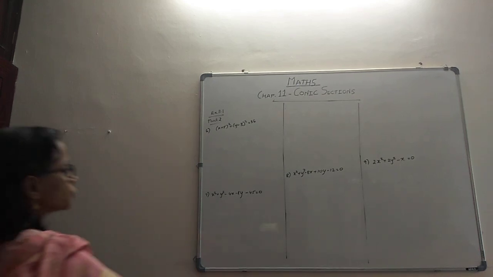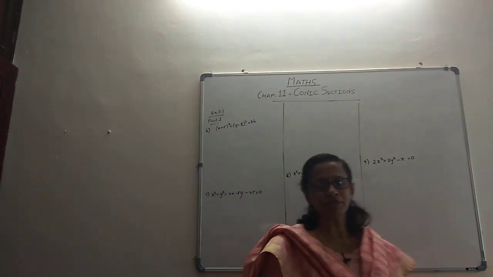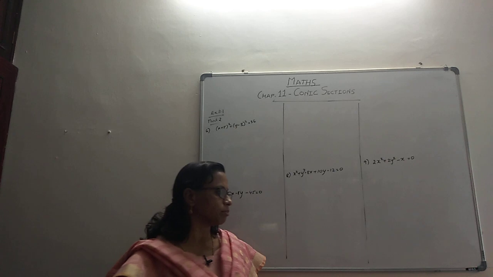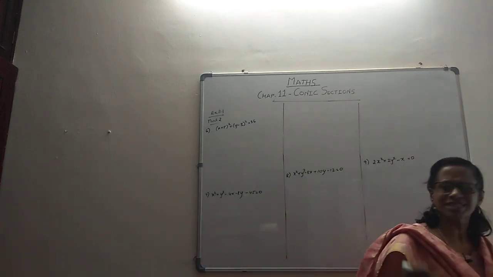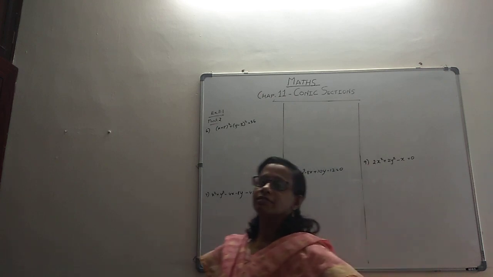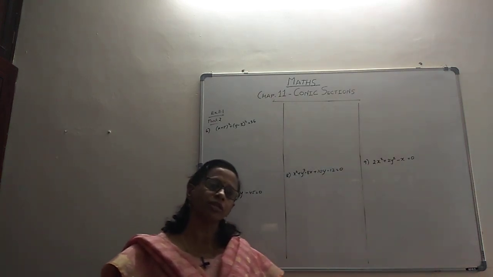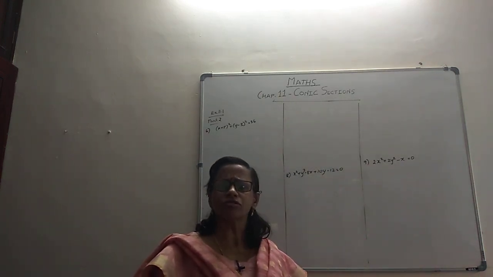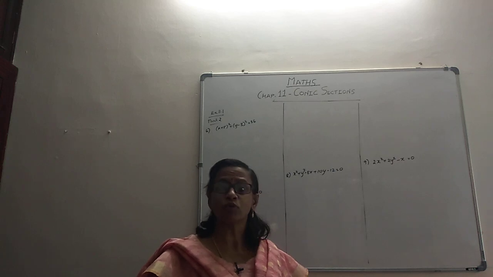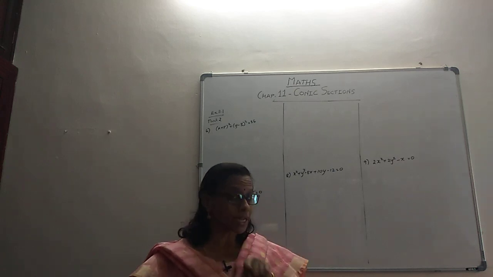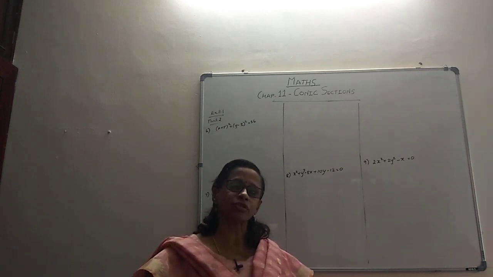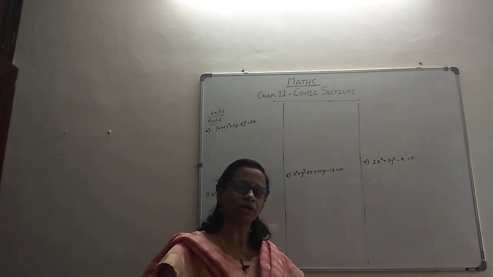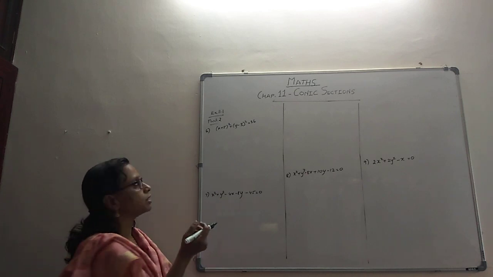Folks, we come to the part 2 video of this exercise 11.1, which is just the opposite of what we did before. In the previous exercise they gave us a center and we found out the radius, which is a little easier. Here they give us the equation of the circle. We find out the center and the radius by getting it into standard form. Our standard form was (x minus a) the whole squared plus (y minus b) the whole squared equal to r squared. Once you get it into that form, it's very easy for us to get the center and the radius. So that's going to be our work in the upcoming questions.